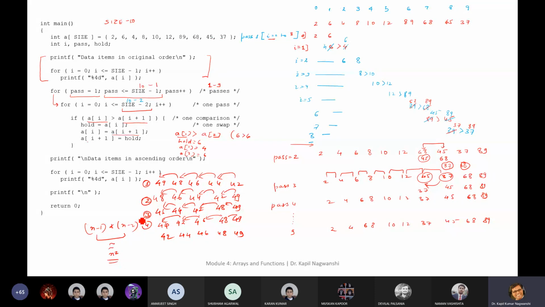n square is the complexity of this algorithm. Okay. How do I get the complexity of this algorithm? This for loop is running for n number of times, and this is also running for n number of times. Yes, n number of times. If it starts from 0, then also it is running for the same number of times. So that's why this is n square complexity. This gives n square complexity, n square steps. For loop number 1, it will run these many times, 2 these many times, and so on. So, getting my point or not?